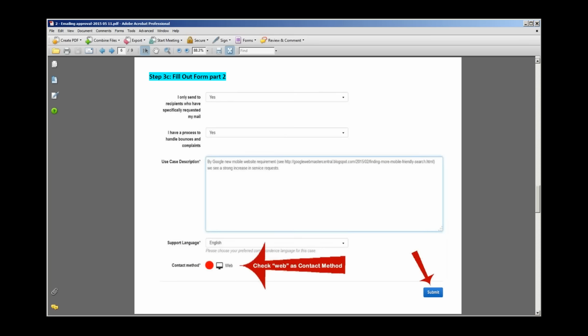you make up a case why you want to use the emailing part, and I refer to the Google update, and to my knowledge that worked, but you have to come up with a good case. You cannot say I'm going to send emails for people who didn't sign up. Okay, so